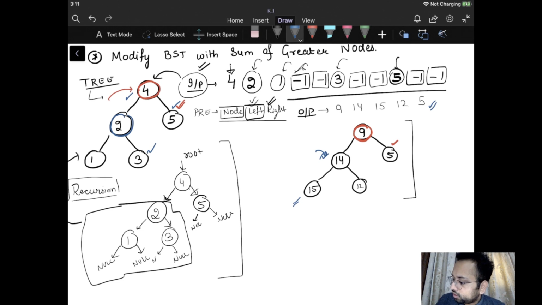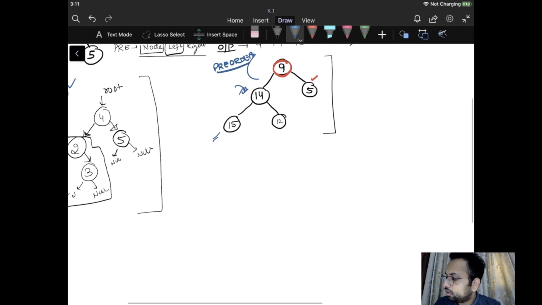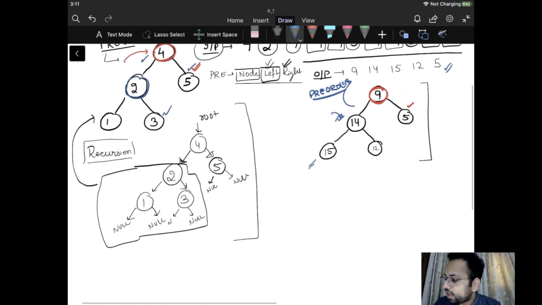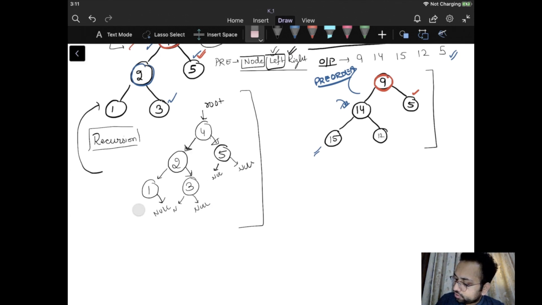So this is nothing but the pre-order of this tree. This is pre-order. So see, I have just told you, whenever we are working on trees, we do the part for one node and I'll ask the recursion to do the work for the left subtree and for the right subtree. Right, so consider that if we have this particular tree again.